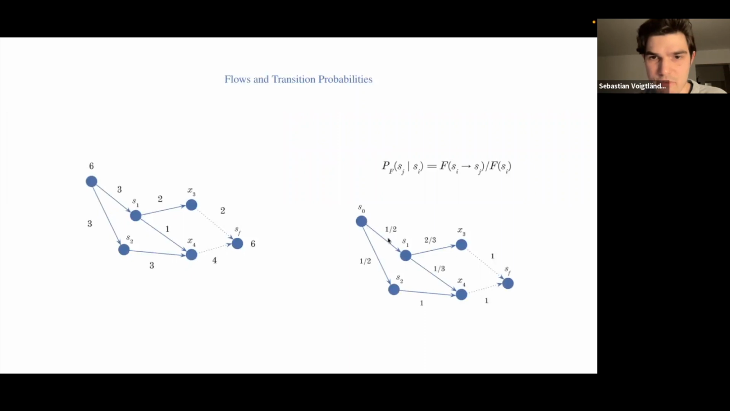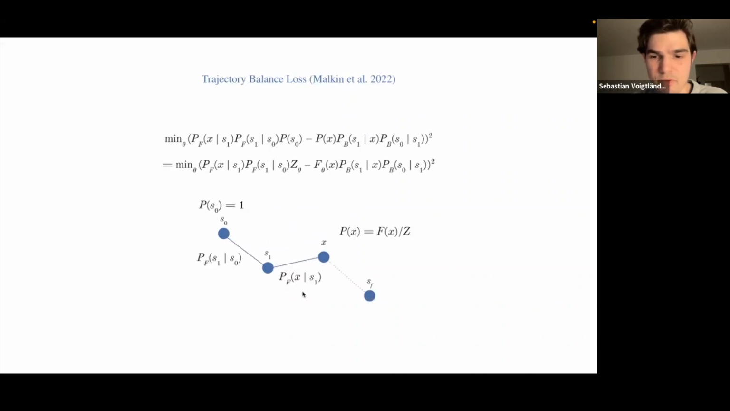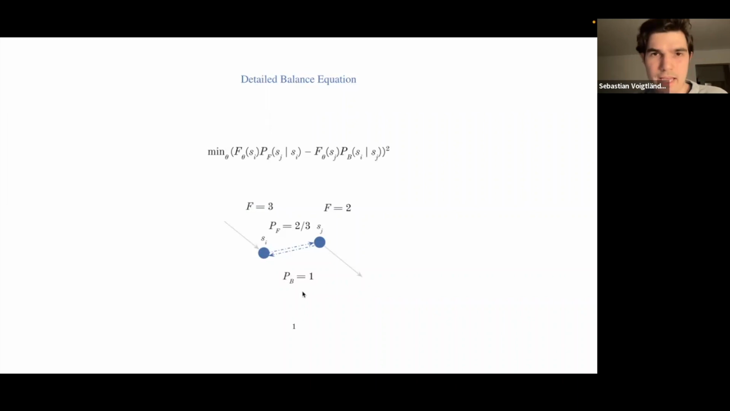So it's simply taken from here. You could have a probability of 2/3 and a flow of 3, and this has to match a flow of 2 and a backward probability of 1. And another